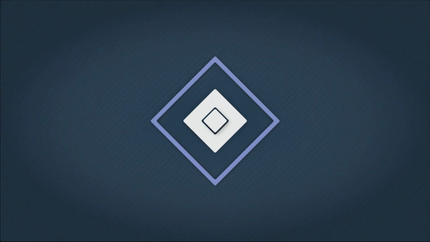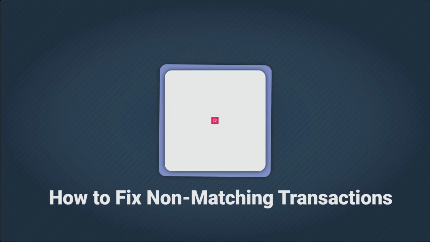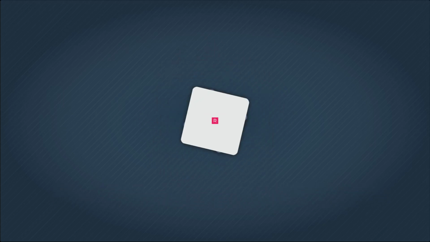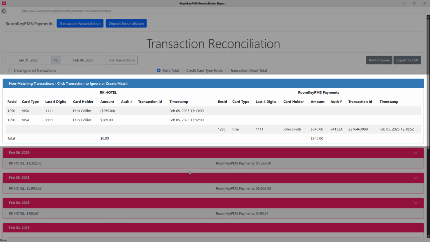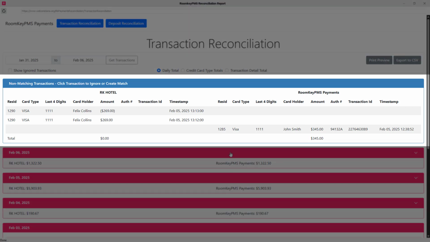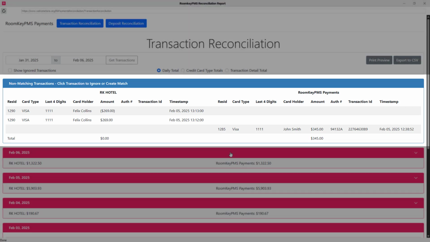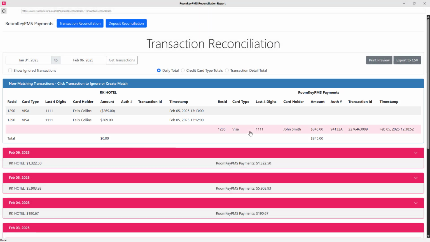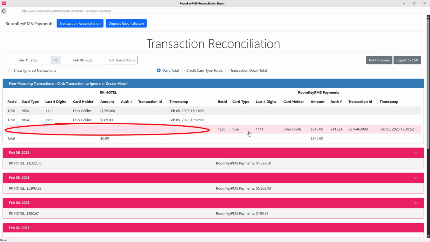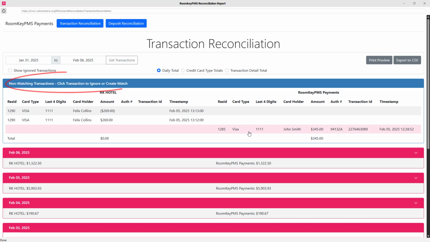Now let's see how to fix a non-matching transaction when the payment does not appear on the hotel database. On the payment reconciliation report, non-matching transactions appear at the top in blue. In this example, we have a transaction in the Roomkey PMS payment processor that is missing a corresponding transaction record in the hotel database. To begin, I'm going to follow the instructions in the section header and click the transaction